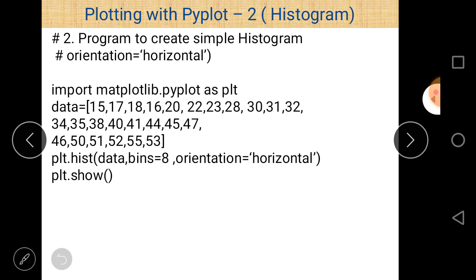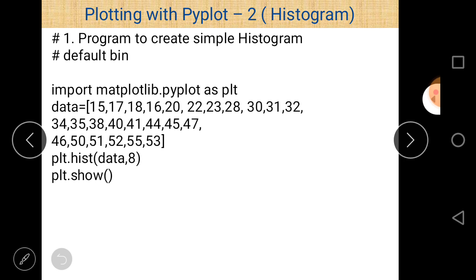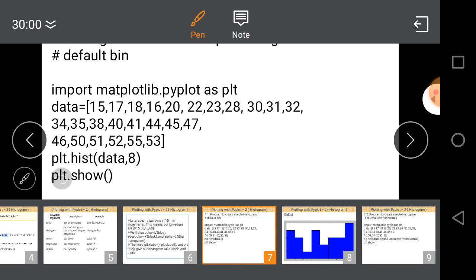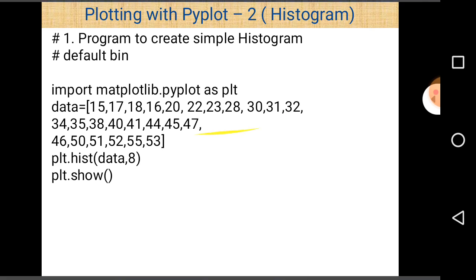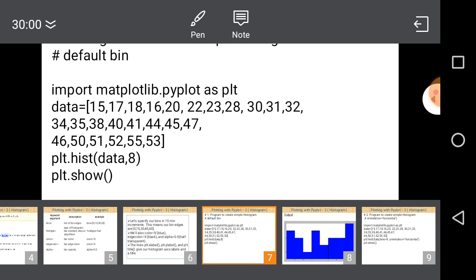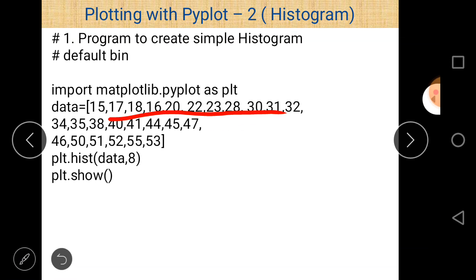This data set contains different values ranging from 15 to 55. The last value is 53 actually in this case.